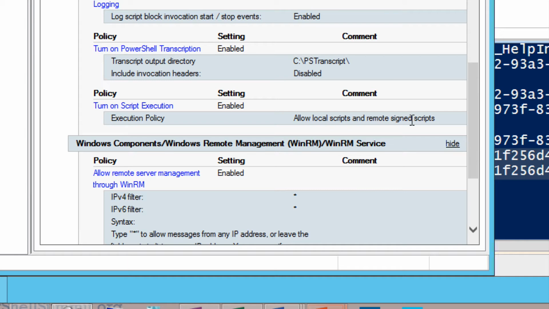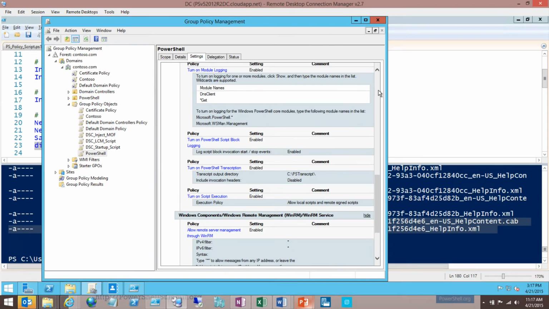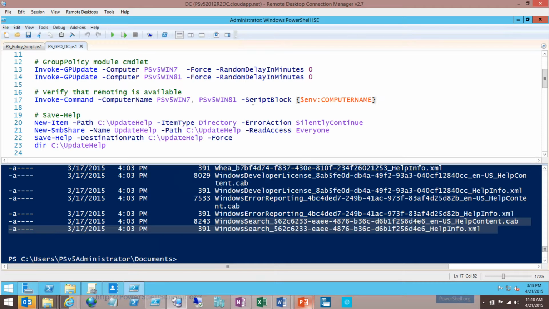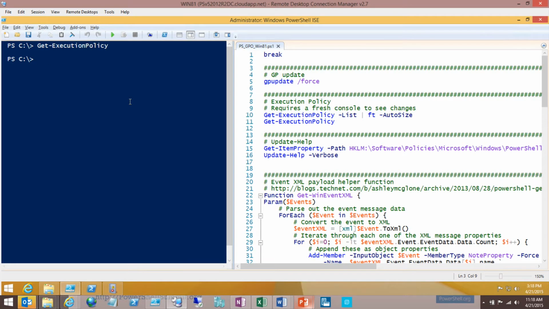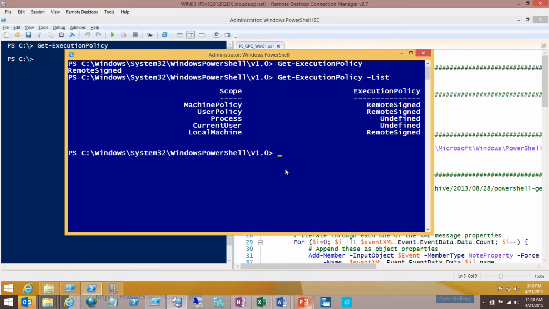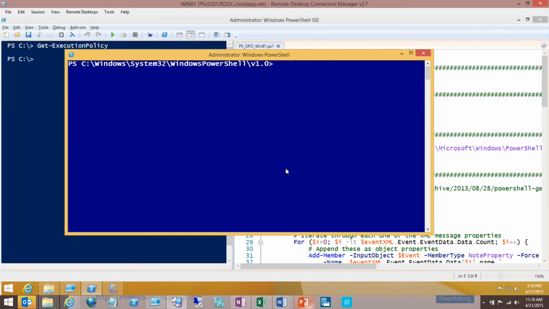So let's take a look at what these events look like on a machine. This is kind of fun. What we're going to do is run a command and see if we can find it in the logs. That's really what this comes down to. I want to put a command on the system and then see if I can find everywhere that it was logged. And that's where it's going to get interesting. So I'm going to pull up a separate PowerShell window here. Notice I've already typed Get-ExecutionPolicy. At this time I'm going to do